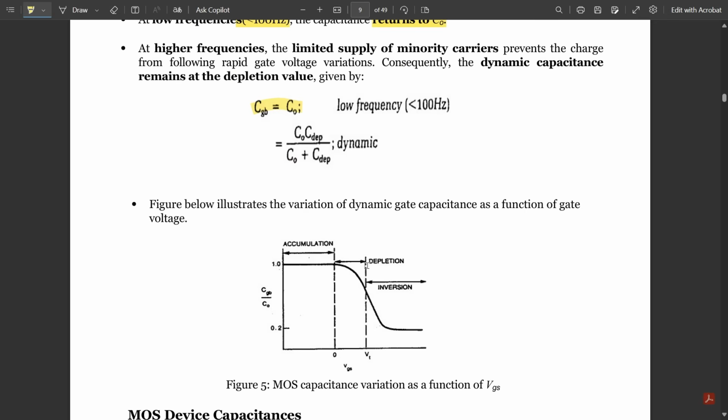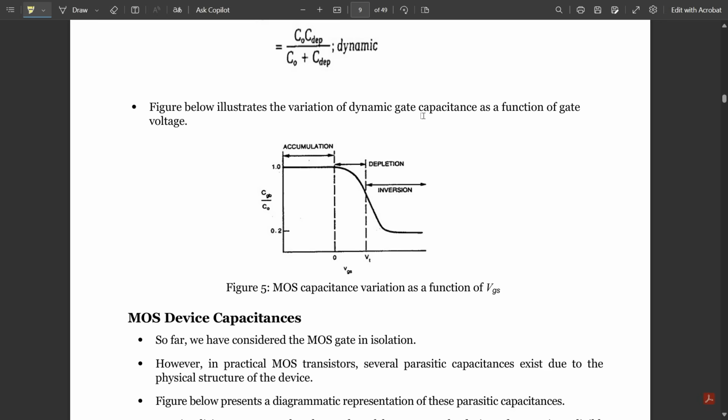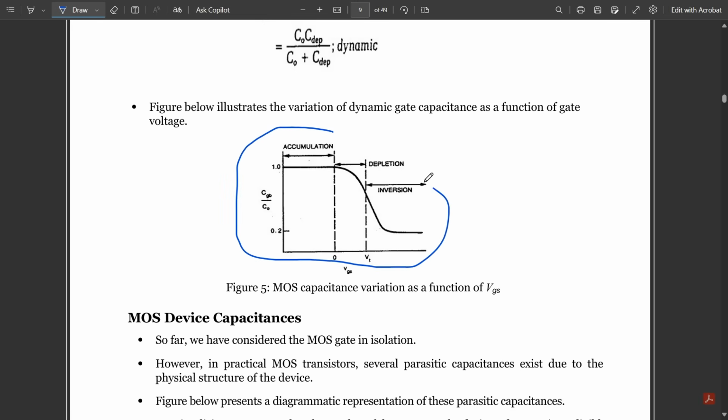Okay. So this figure is very essential to know these three regions very carefully. That is accumulation, depletion, and inversion. So this figure below illustrates the variation of the dynamic gate capacitance as a function of gate voltage. You see here the figure illustrates the change in the CGB and C naught,